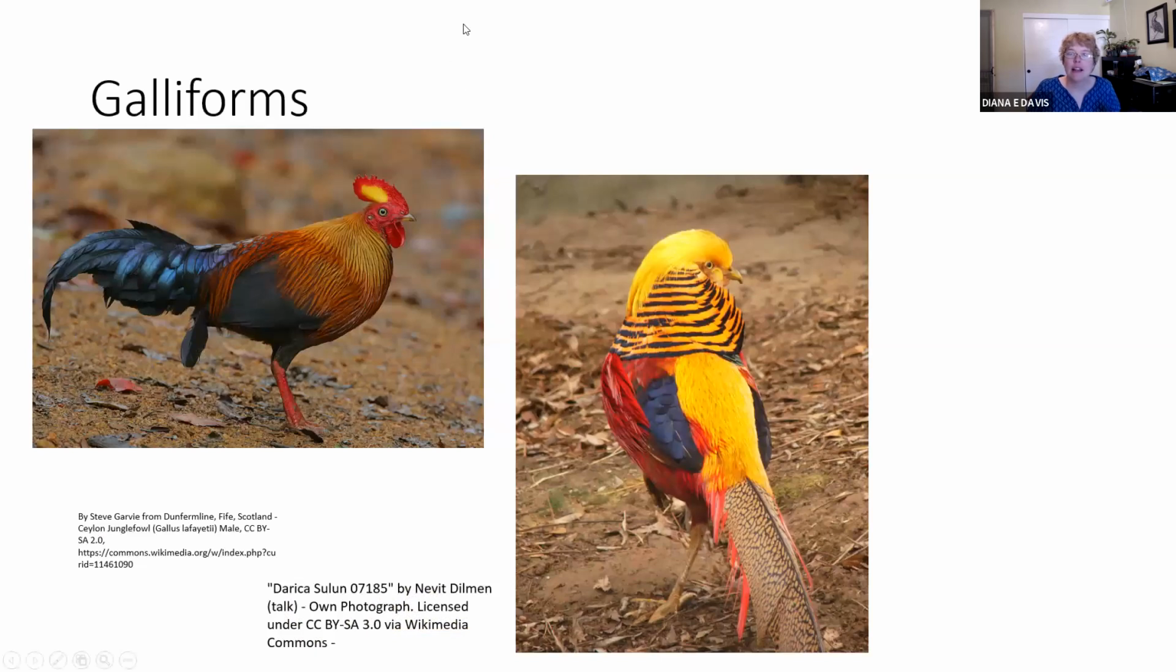All right. The next group, galliform, is the fancy word for it. Galliforms are chickens, turkey,